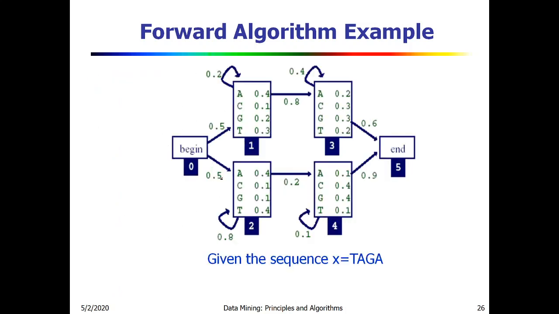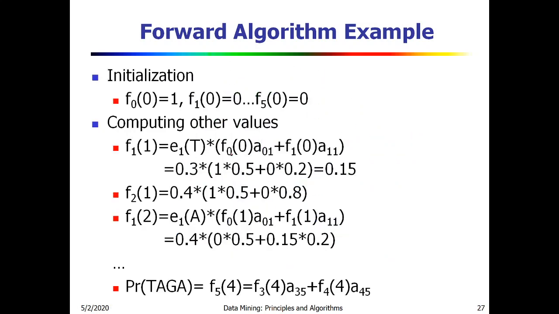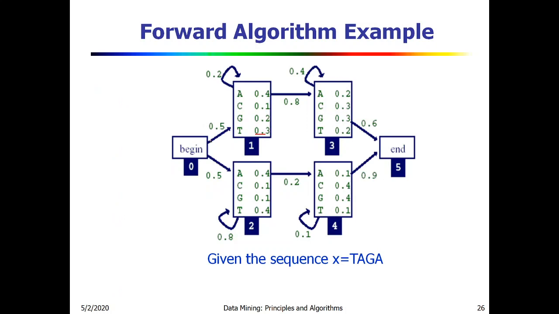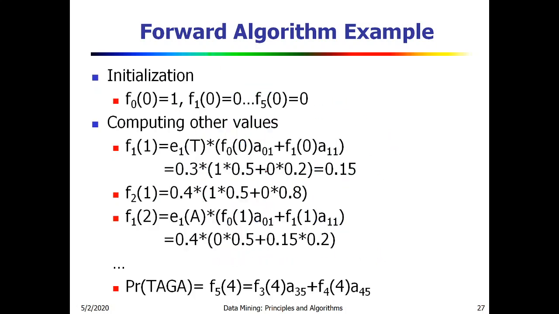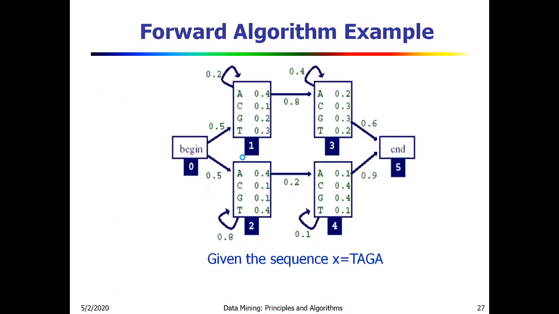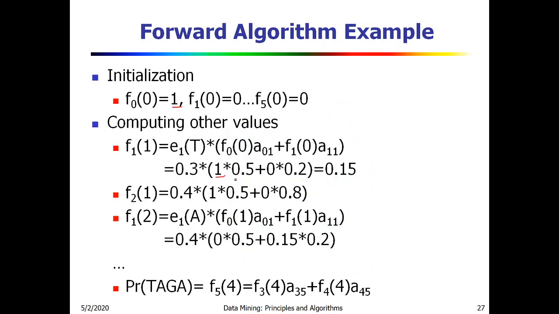So when you observe here, we are going to have the thymine value 0.3. Then F naught value 1 into the values that are there, that is 0.5, and 0 into, since F naught value is 1 over here, we are putting 1 over here, and 0.5 is A01. A01 is, that is once we begin the start. So here we have a transition value as 0.5. So we write 0.5. Then other all values are into zeros. So 0 into 0.2, which gives 0.15.